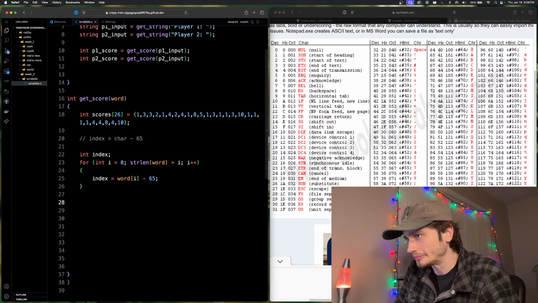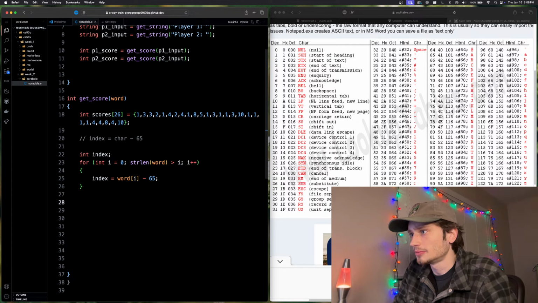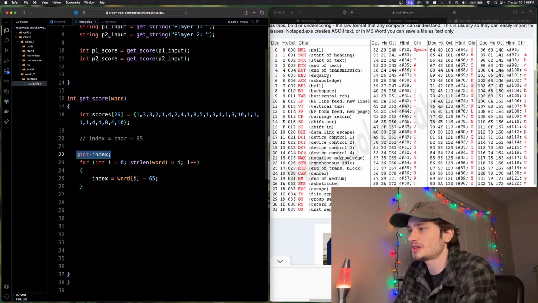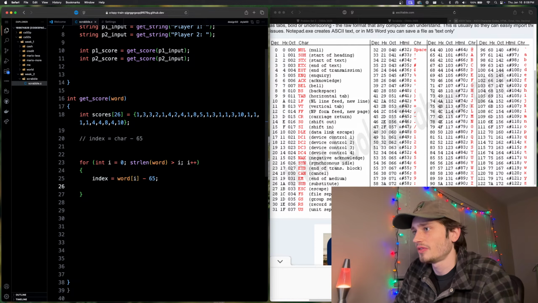And now, on the letter by letter basis, we need to get the score of this. So we'll keep int index here and say